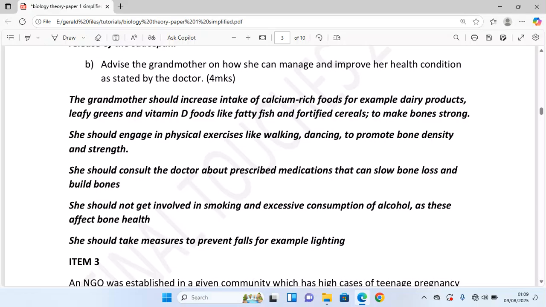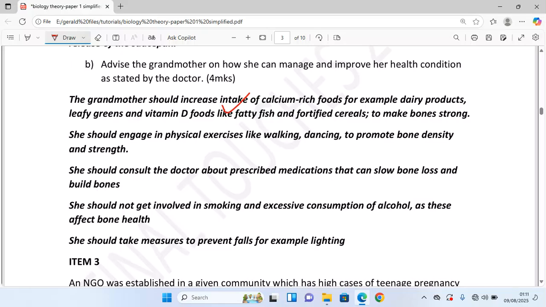Then advise the grandmother on how she can manage and improve her health condition as stated by the doctor. Here there is a very great problem that you find out that most of the responses put are on food, as though there were no other points to talk about. But here we can say, for instance, she should increase on the intake of calcium foods, for example, dairy products, leafy greens, and vitamin D foods like fatty fish and